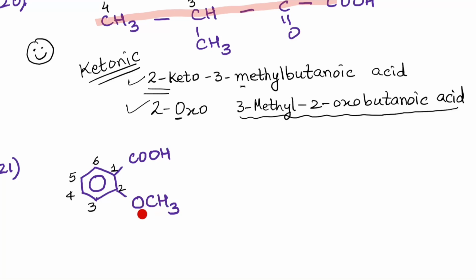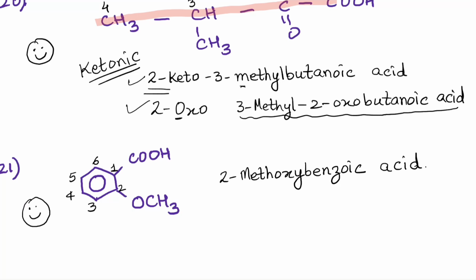Yes, it is methoxy, right? It's an ether group. So over here at the second position, we have methoxy. So 2-methoxy, and the rest of the compound according to the IUPAC nomenclature, because in the case of aromatic compounds, quite a few common names have been accepted as the IUPAC names, especially in aromatic chemistry. So we have 2-methoxy benzoic acid as the name of this compound, and that gets you a smiley.